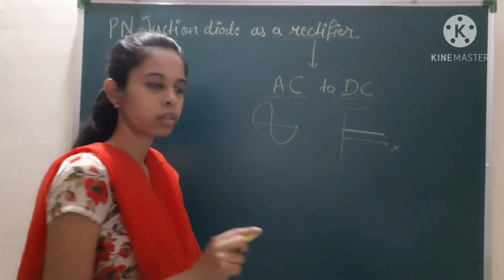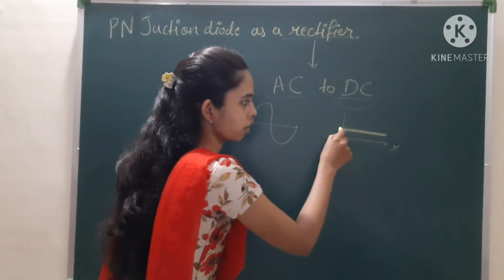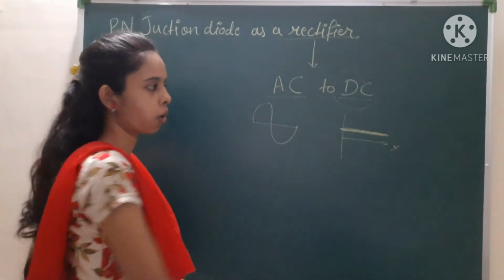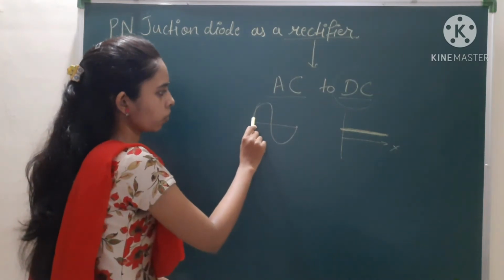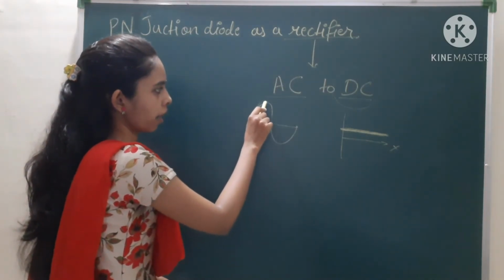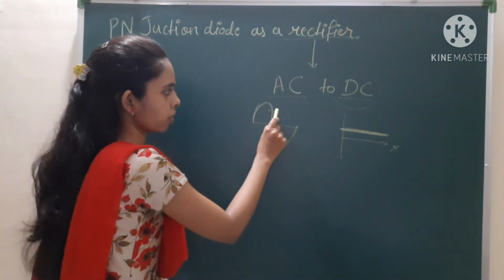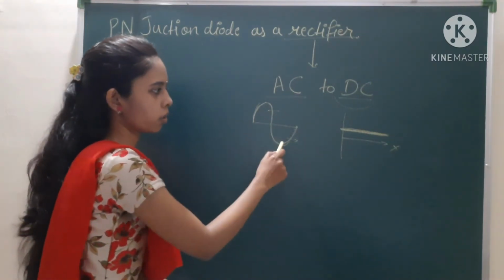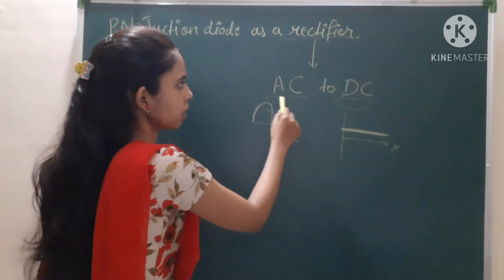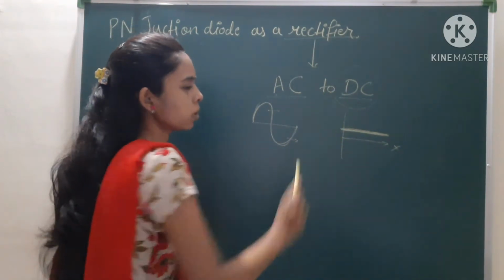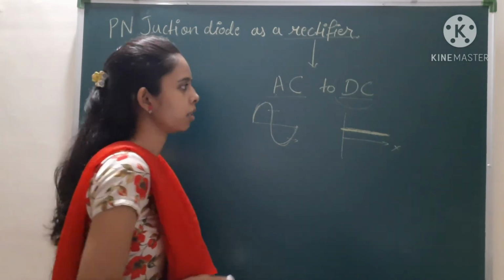Now pure DC voltage means what? You can see that this is a unidirectional current flowing, or you can say unidirectional voltage. Over here this current goes to a higher stage, again it goes to a lower stage. Due to the positive half cycle and negative half cycle, there is a fluctuation in the AC voltage, and therefore we have to convert this AC voltage into DC voltage, so that we get current in only a single direction.